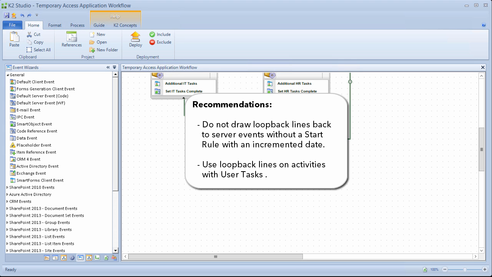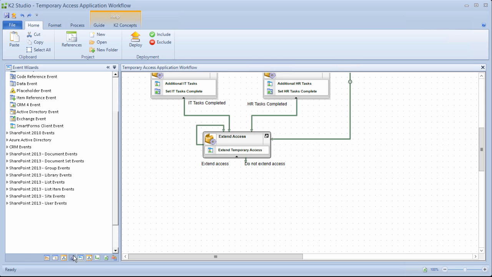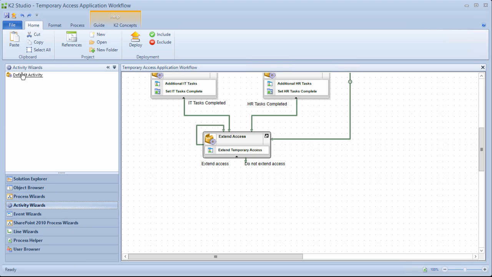This is because the workflow will wait for the user to action their task. Or you can do it with activities that have a start rule because the start rule will delay the start of the activity until a certain date, which will prevent the loop from putting your workflow into an infinite running state. Let's flip back to the Activity Wizards group in K2 Studio